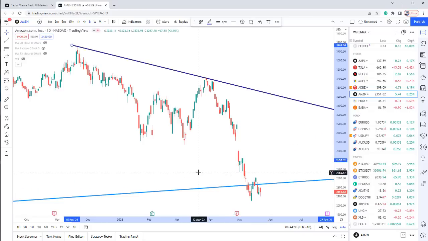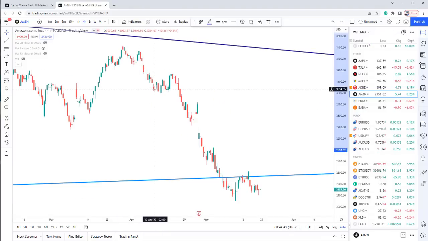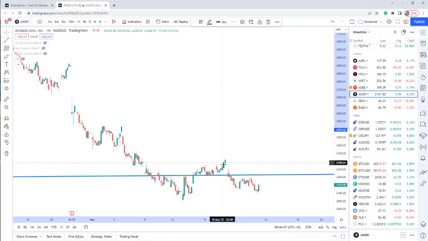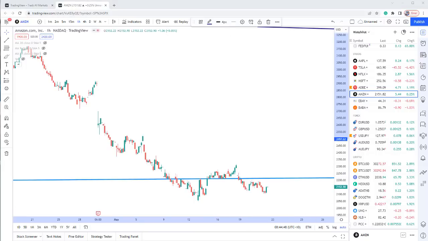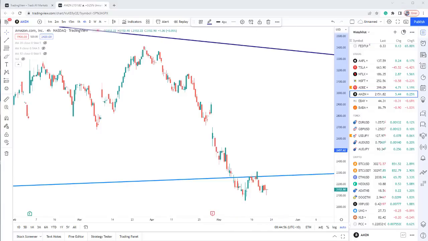But on a short-term level, let's go to the 4-hour chart. Oh, look at that there. And we go back to the hourly chart. I'm just watching this through here. So we have this sort of low point through here. This could be a higher low. Let's go back to the 4-hour chart. I'm just looking at the trend analysis. That's all, guys. That's all I'm looking at. Right now, my eye is here, because I'm trying to see what is the actual trend. We've got a big move down, big move down, big move down. This is the 4-hour chart. This could be a low. This could be a higher low. So if we actually start to break above that